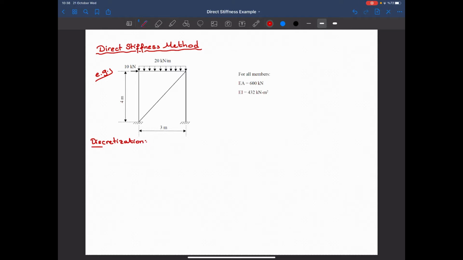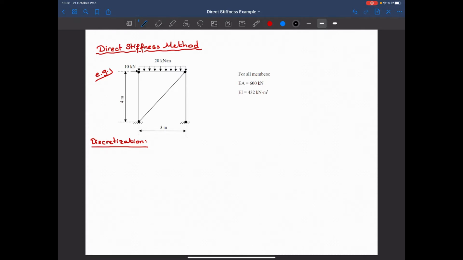This is the first step, remember. So we will assign nodal points and degrees of freedoms and determine the members and so on. So these are the nodal points that we have,